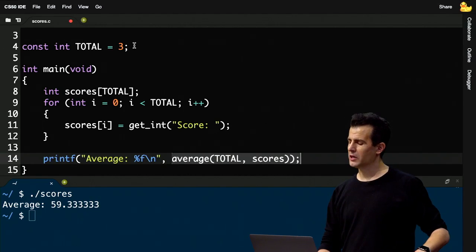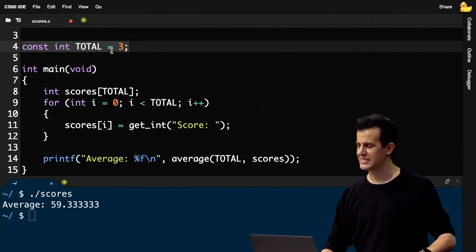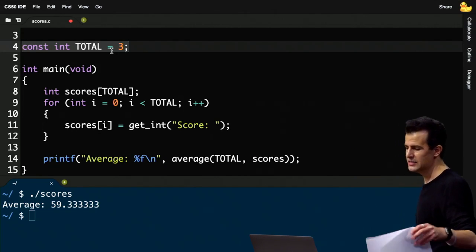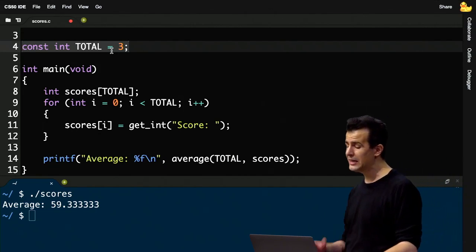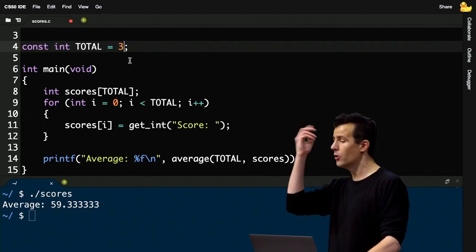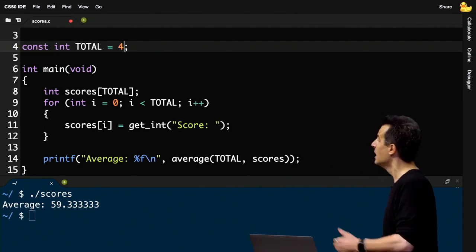And the only other feature I've added to the mix here now are not only arrays, which allow us to create multiple variables, a variable number of variables, if you will, but also this notion of a constant. If I find myself using the same number again and again and again, this constant can help me keep my code clean. And notice this. If next year, maybe another semester, there's 4 scores or 4 tests, I change it in one place, I recompile, boom,